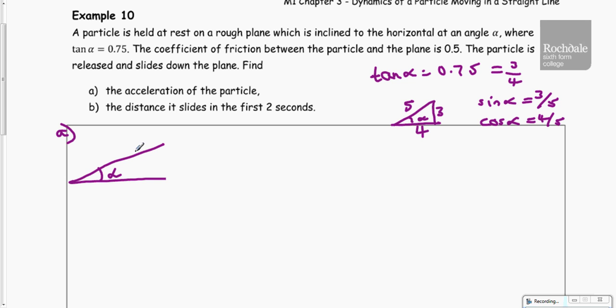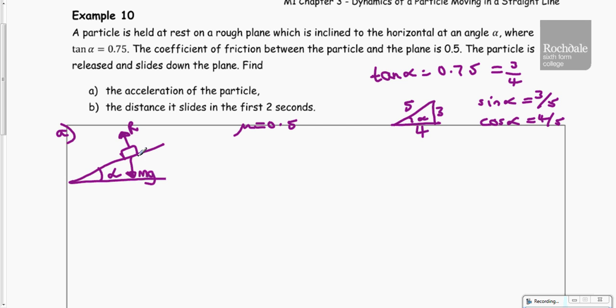So let's have a look at this particle. We've got a particle held at rest on a rough plane. The coefficient of friction is 0.5, so let's make a note of that. Let's have a look at the forces. There's always a normal reaction, and that acts at right angles to the surface that the object is resting on. We know that the weight will act vertically downwards. In this case, we don't actually know the weight, so if I call the mass m, the weight would be